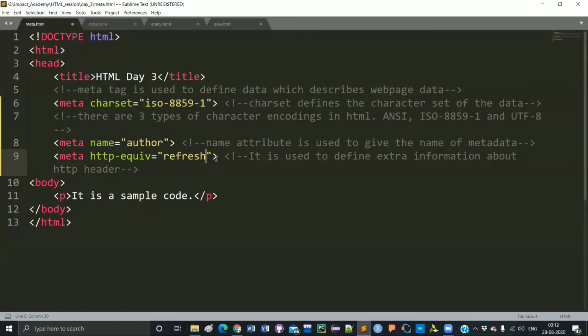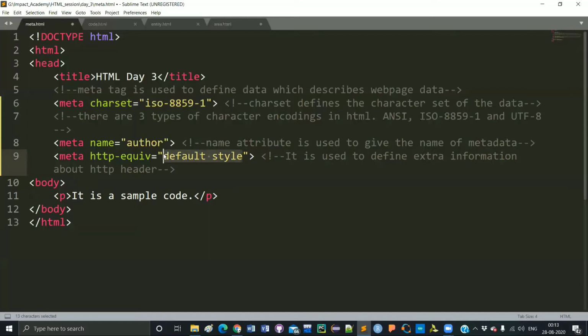And also there are some other attribute values of this HTTP equiv, that is default style, content type. Okay, sorry, this is not default style.